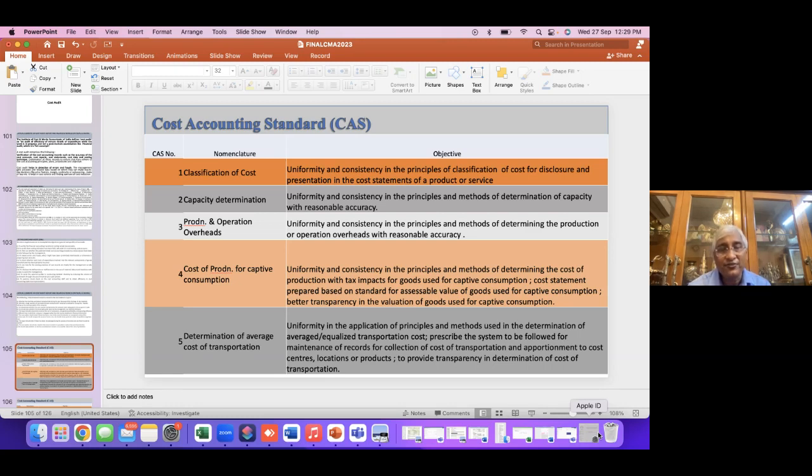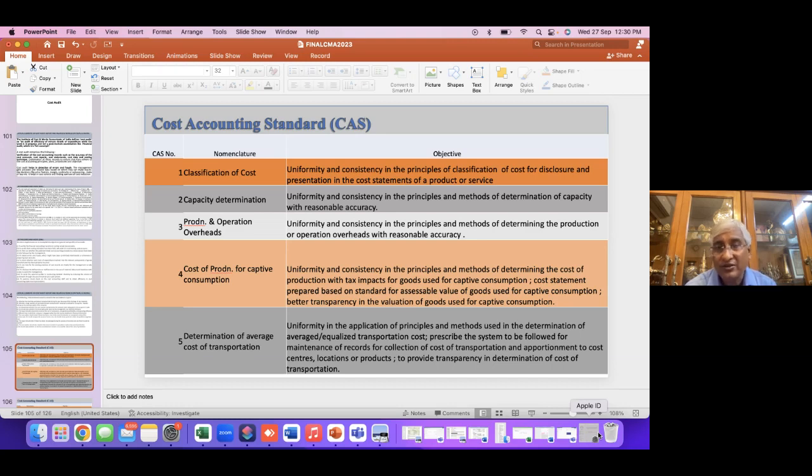Like if I consider CAS 5, determination of average cost of transportation. All of us know what transportation is. Transportation is the cost of bringing the goods to the proper place. So, uniformity in the application of principles and methods used in determination of averaged, equalized transportation cost. Prescribe the system to be followed for maintenance of records, for collection of cost of transportation, and apportionment to cost centers,